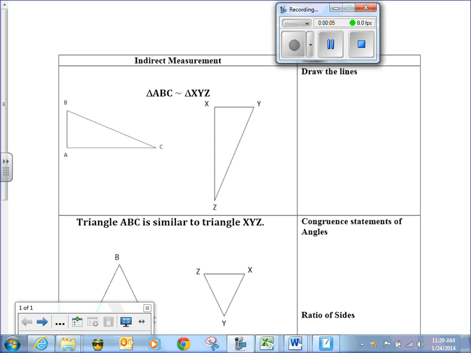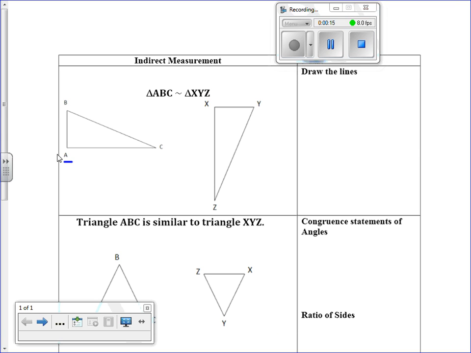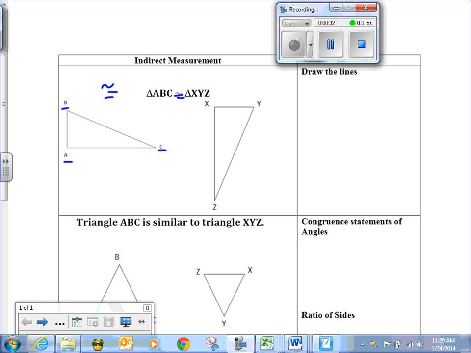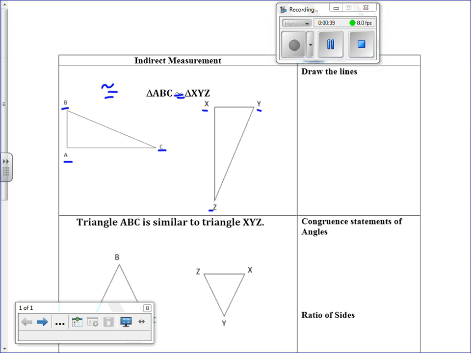What we want to talk about are congruent and similar figures. The first thing we want to do is look at the statement that I have here. Triangle ABC is not just similar, but I'm going to put two lines underneath that. An equal sign with a similar figure over it indicates that objects are congruent. So when I say that triangle ABC is congruent to triangle XYZ,